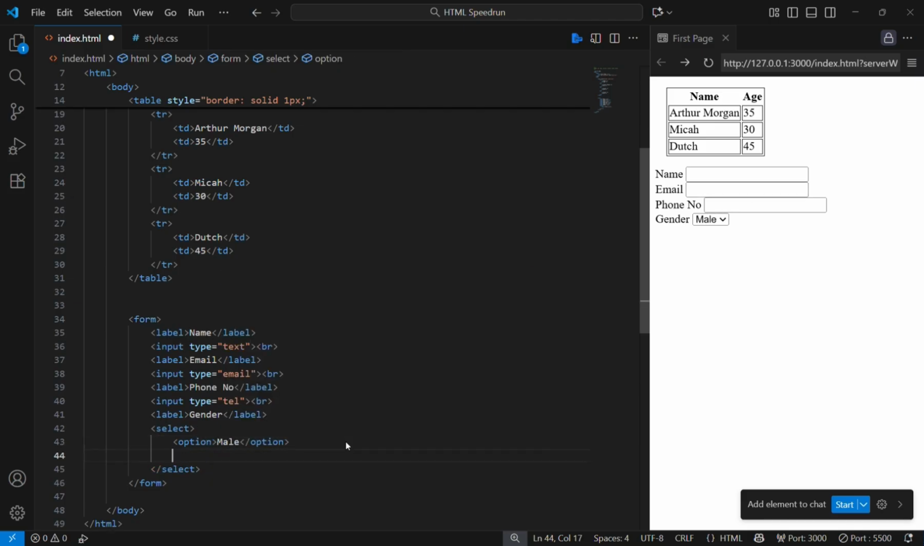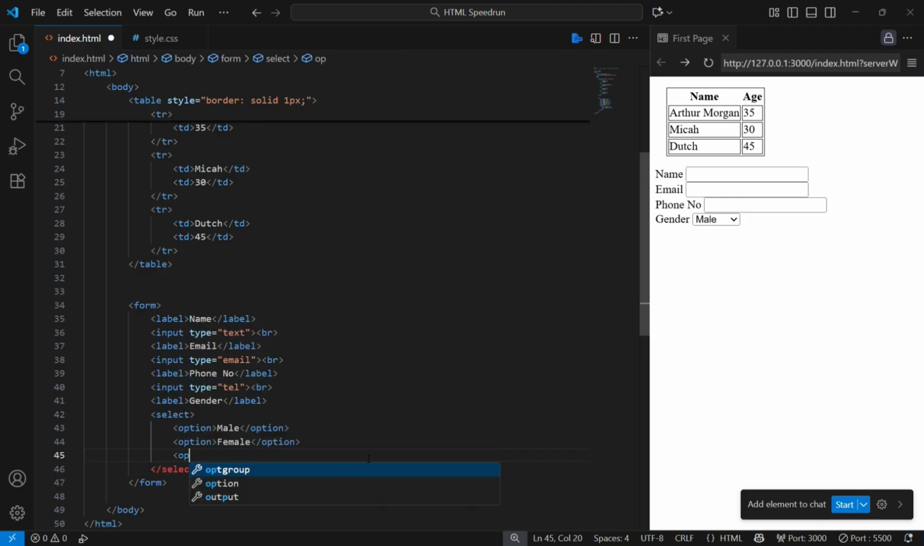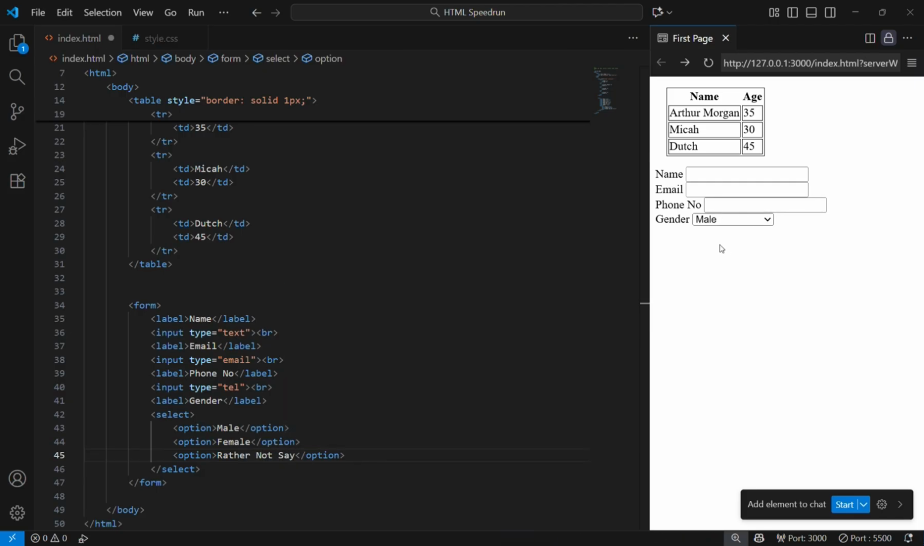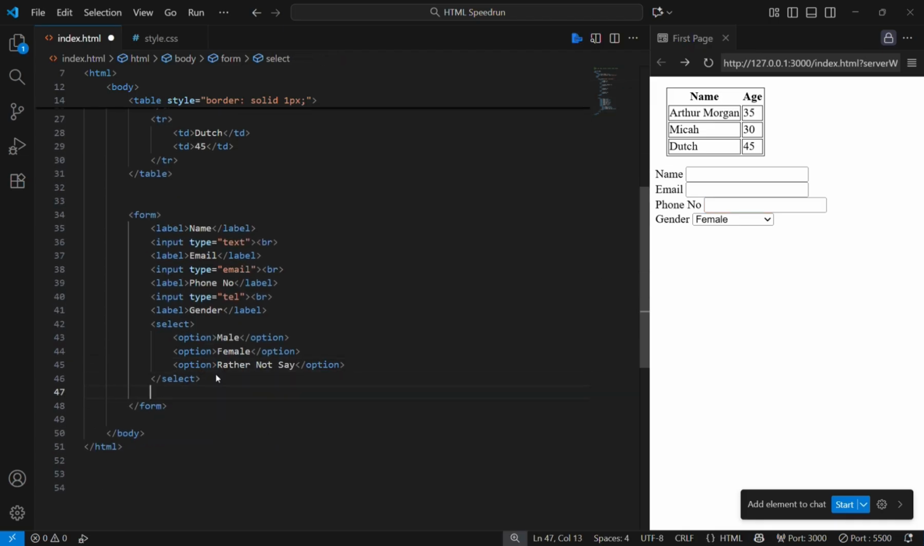Male and option female and rather not say. So that's how it works. So that's name, email, phone number, gender, and we can have